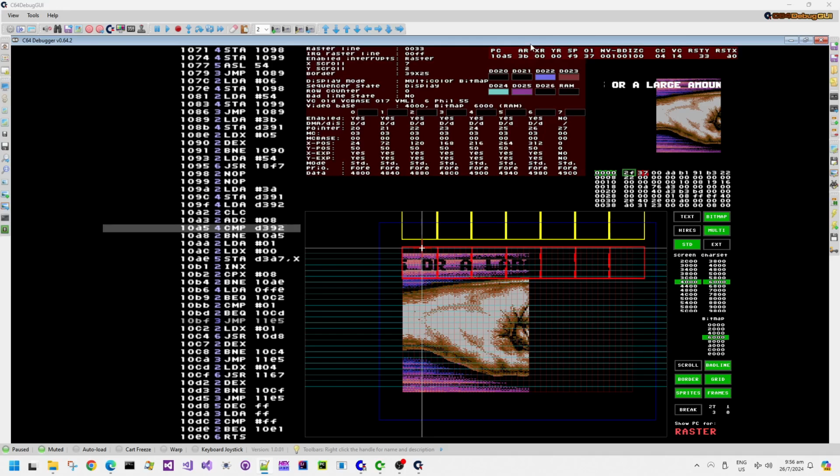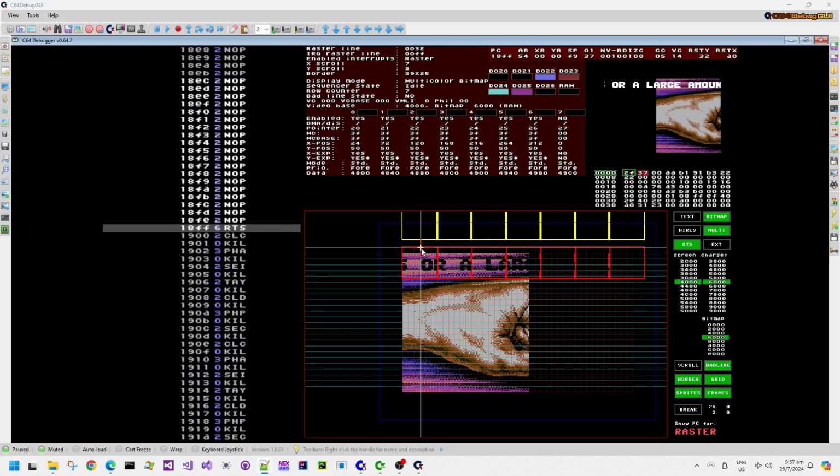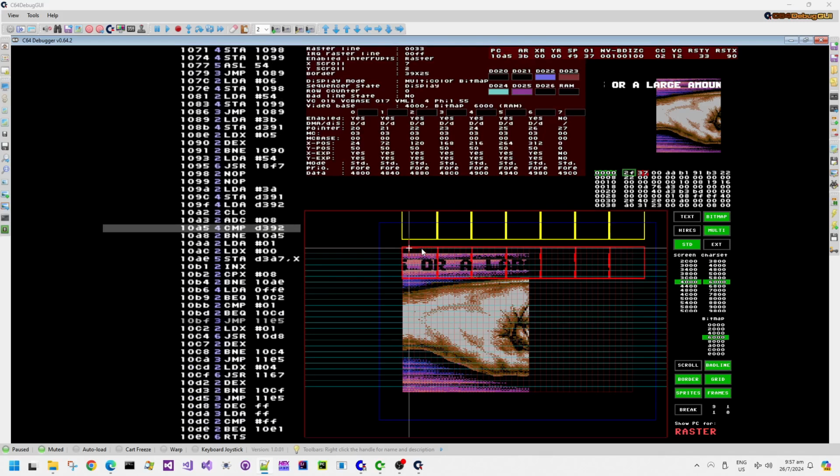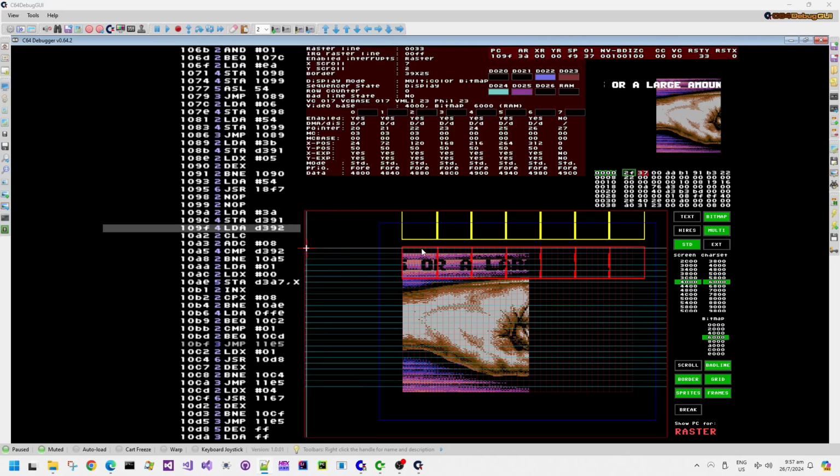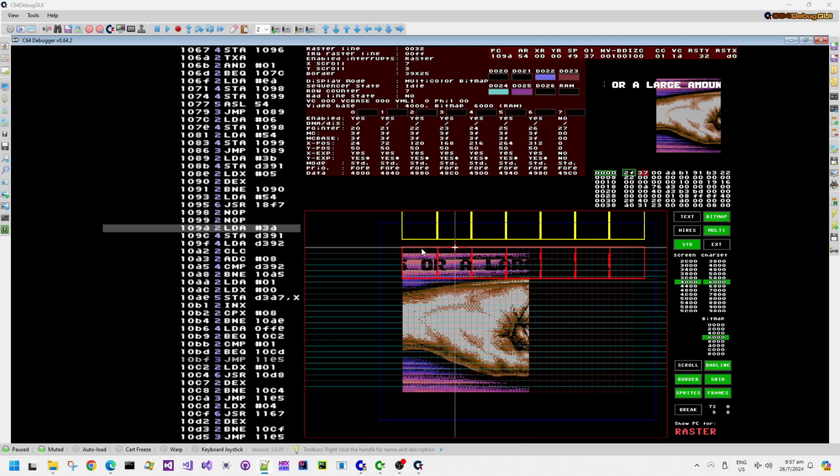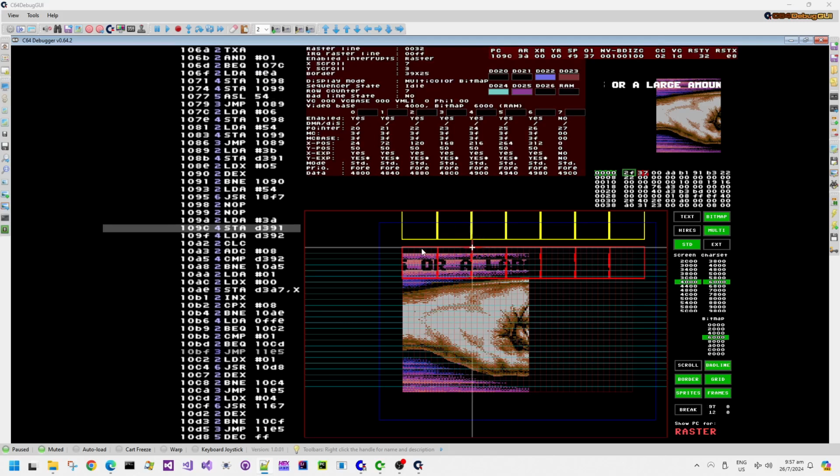Now, because the bad line condition was triggered several cycles in, or several characters into the actual raster line itself, it has actually read fewer than 40 bytes for the current row. So the VC base for this displayed position is actually not a multiple of 40 bytes in decimal, or 28 bytes in hex. It's actually 17 bytes, because it was triggering this DMA technique